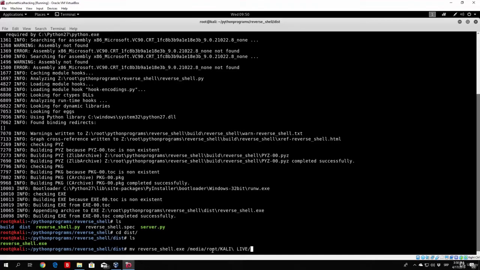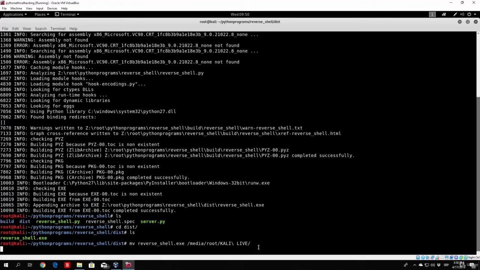So this is the path where your USB drive is or will be imported. So /media/root, and then all you have to do is afterwards specify the name of your USB drive. Then if I just click enter, it will move the reverse shell.exe to my USB drive, and after this finishes I can just